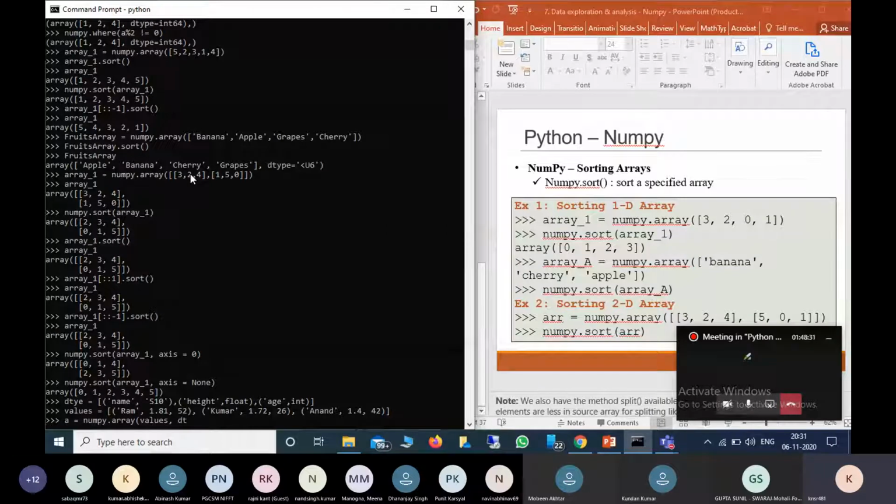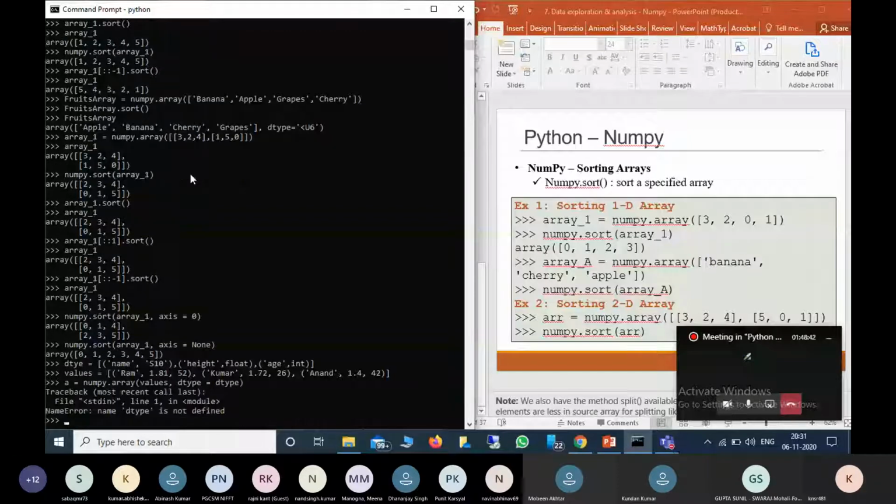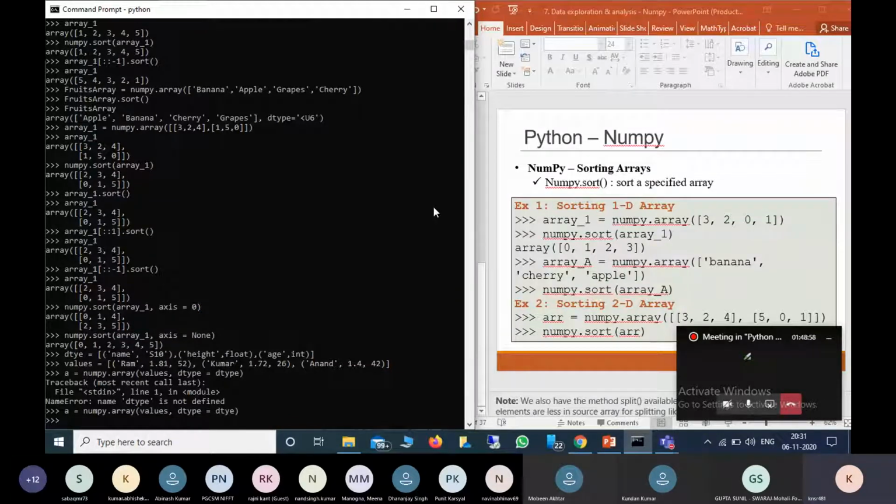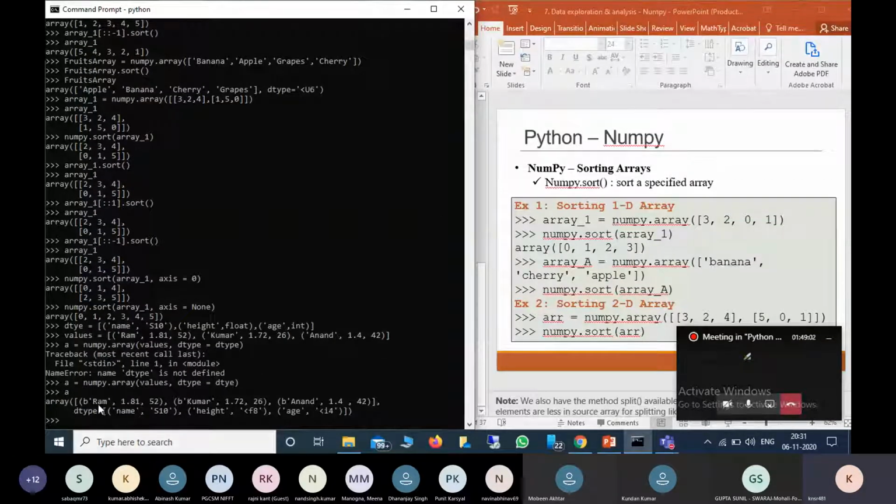So dtype equal to dtype. Now if you see a, it will be Ram, then Kumar and Anand, with the name first, then height, and then age.